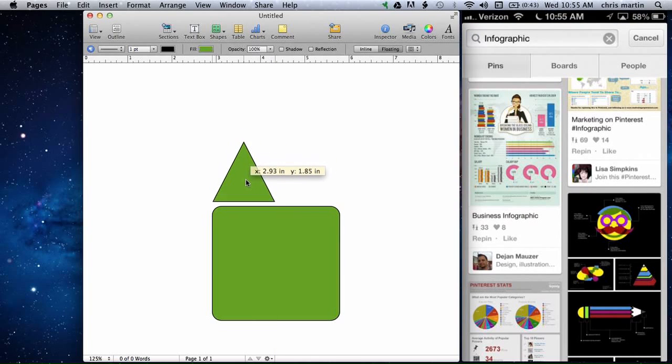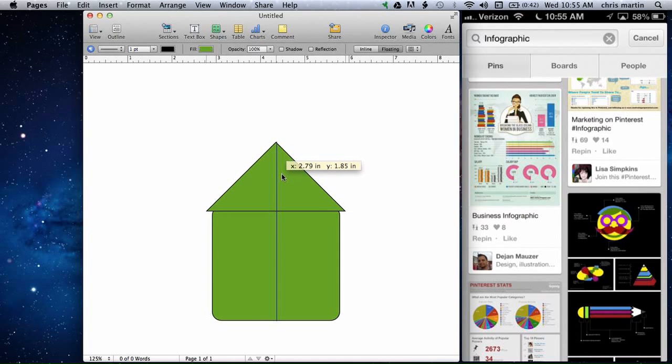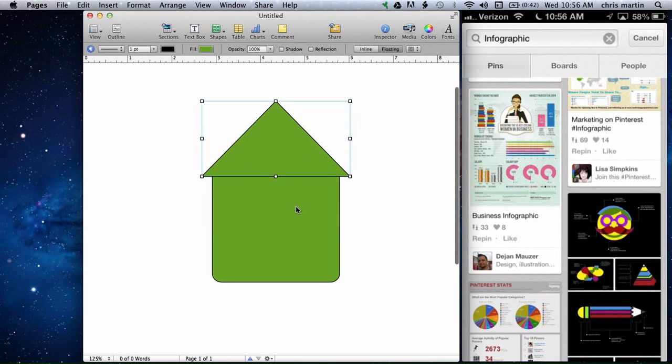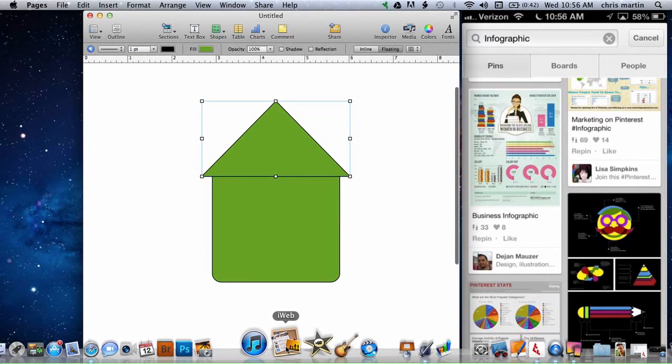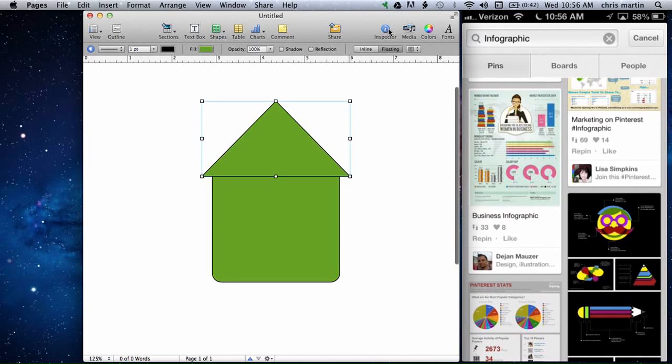Let me expand this out a little bit. Infographics take time to make, there's no doubt about it, and you have to put a little bit of thought and effort into it. Once it's complete, I'm fairly certain that you'd have a decent product. Using Pages is a good way to get started. You could also use a program such as iWeb. iWeb is one continuous long web page, and it really lends itself well to continuing on a very long infographic. For iWeb, or for Pages rather,